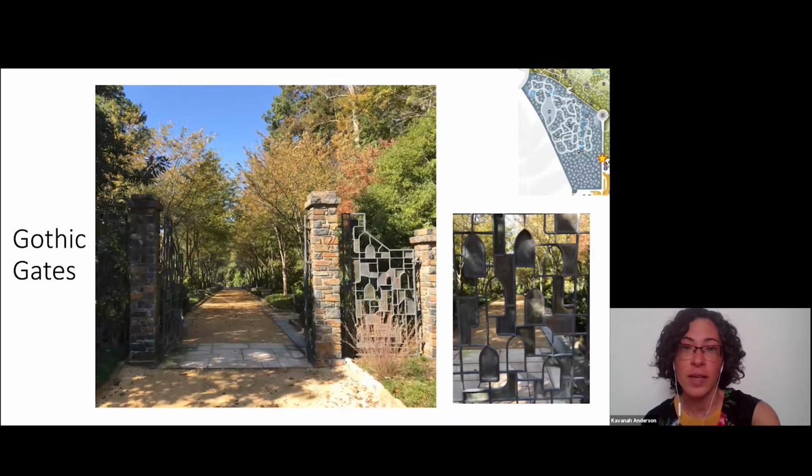To get to the Bloomquist, we'll enter through the Gothic gates, which is the main entrance to Duke Gardens. If you look at the small map on the top right of the screen, the yellow star shows where we are. We'll trace our path on this map as we go so you can see our progress through the garden.